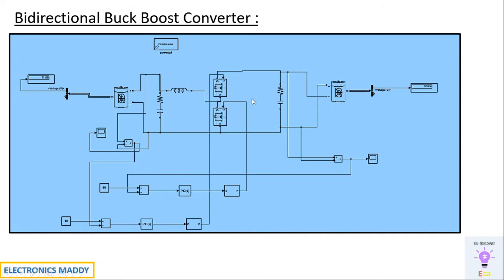So what I'm trying to say is there are two switches. This switch corresponds to boost operation, this switch corresponds to buck operation. Carefully try to analyze the circuit from this. If you are assuming this as a normal DC source, you'll be having an inductor connected in series, a switch connected, and then there is a freewheeling diode as well. So assume that there is a freewheeling diode, and again the path gets through the load in this particular fashion. This acts as the load for the boost converter.